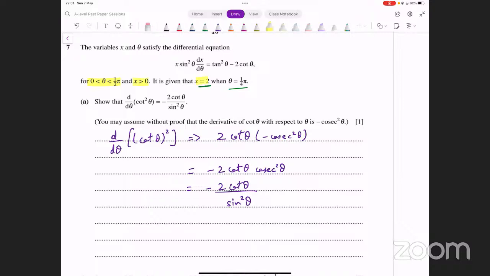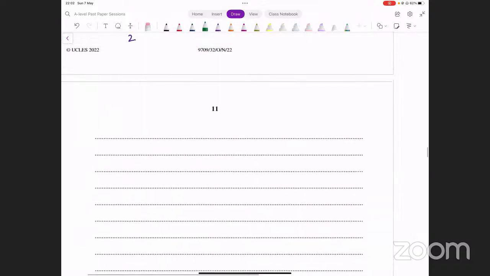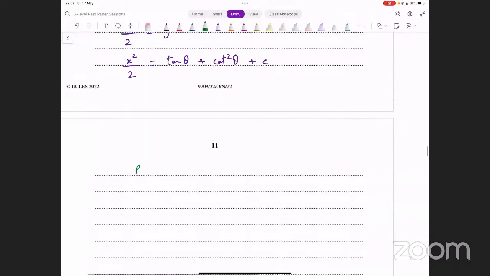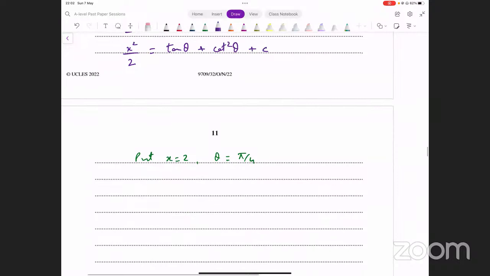उसने एक point दिया हुआ है, when x is equal to 2, theta is pi over 4. We're going to use this point to find the value for c. x is 2 and theta is pi over 4. Let's put that here. We say let's input x equal to 2 and theta equal to pi over 4, and see what that gives us. x की वैल्यू 2 इनपुट कर दें और देखते हैं हमारे पास क्या आता है।